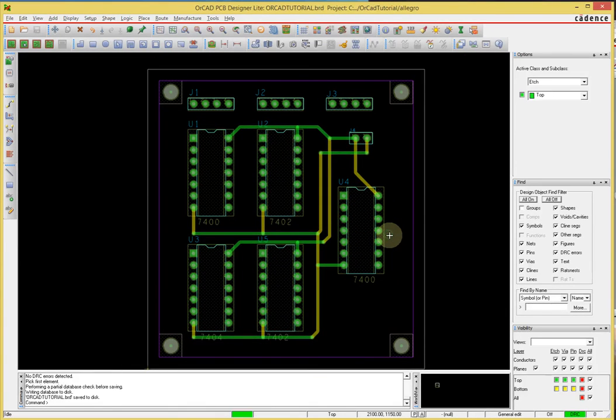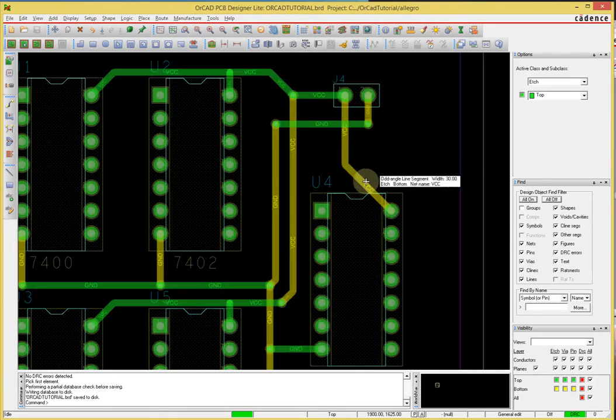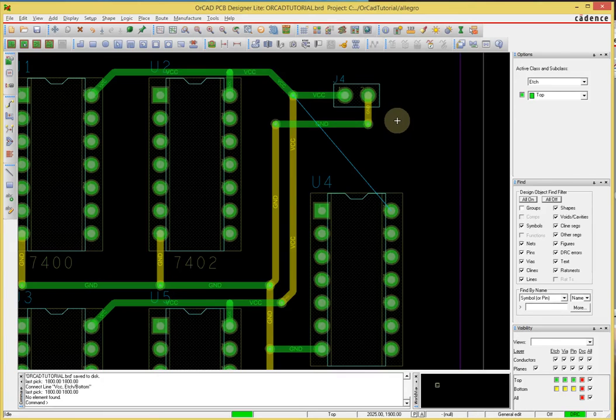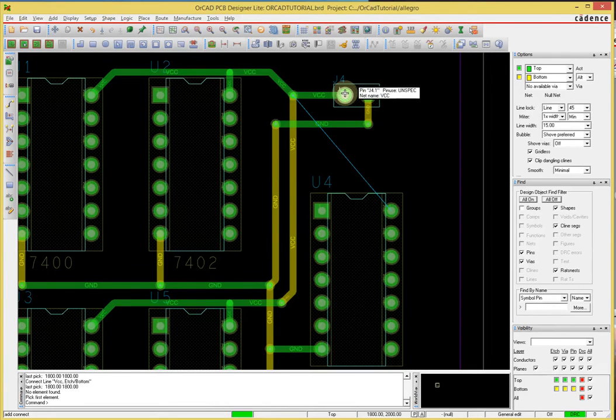Okay, so at this point my power distribution is now in place. You know what, this doesn't look very pretty. Let's see, I want to go ahead and Control D to enter delete, and I'm going to click on this trace so I can delete it, and instead I'm going to F6 to exit the tool, then F3 to start a new connection,